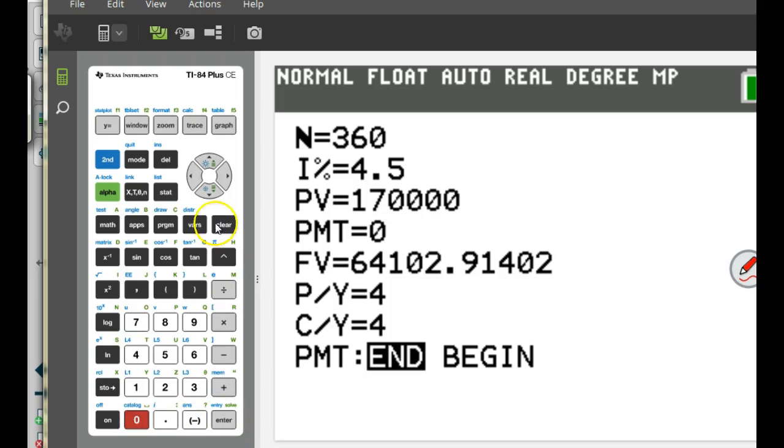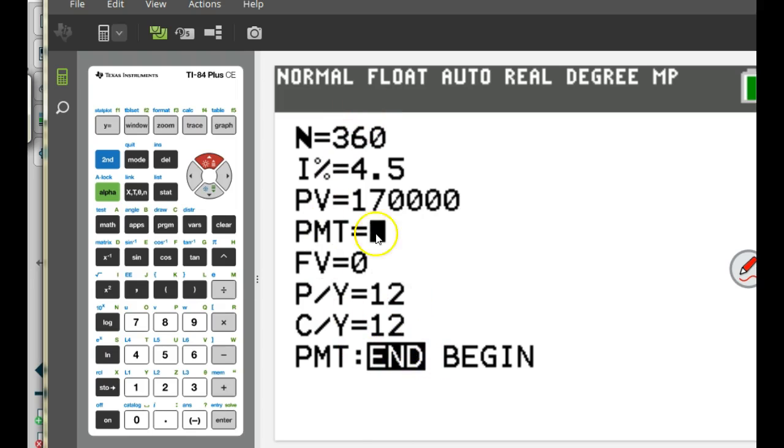But it won't let me go down, I don't think, till I have a number there. So I'm going to find that. Future value, guys. What do you want the future value of this loan to be at the end of 30 years? Zero. Future value, you want it paid off. All right. And we're making monthly payments, so we're going to put 12 payments a year, and that will default this to 12 compoundings a year. So where do we want to put our cursor? Okay. We want to figure out how big the payment's going to be. So it doesn't matter, it can have a number in here already. It doesn't matter. As long as all the rest of the numbers are right, it will solve for this. So it's alpha, enter, and we need a payment of